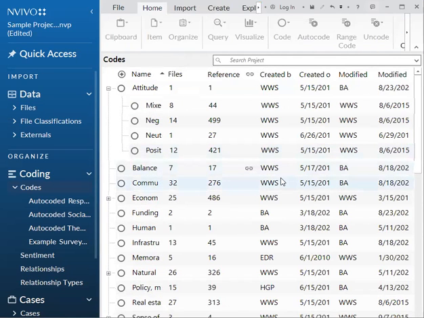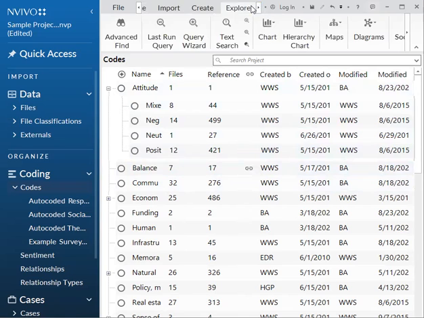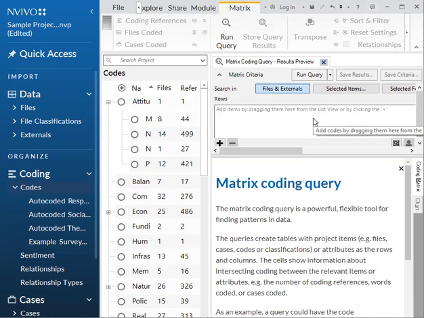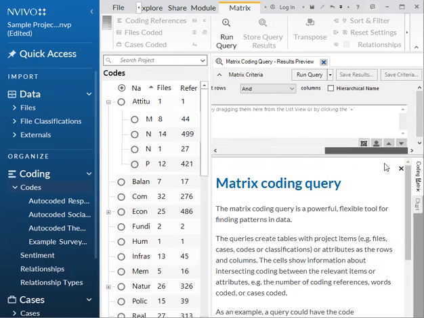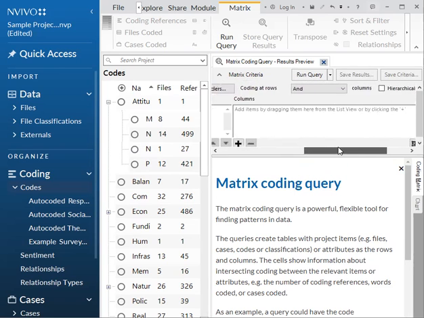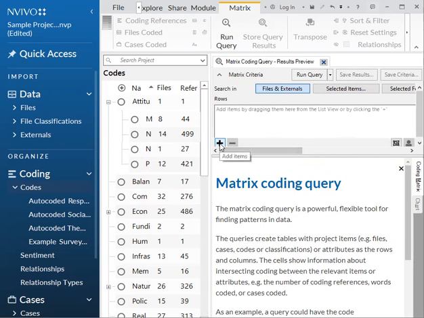All right. So to do a matrix coding query, let's go back to Explore. And we can select the matrix coding query here next to the text search. And here you can select rows and columns. So rows will be first and columns second. You just hit the little plus sign at the bottom.